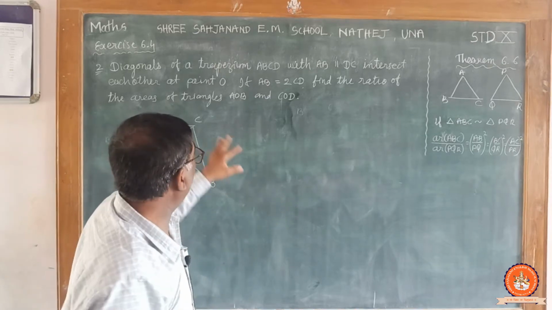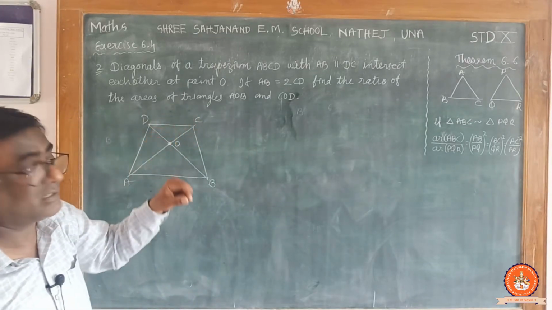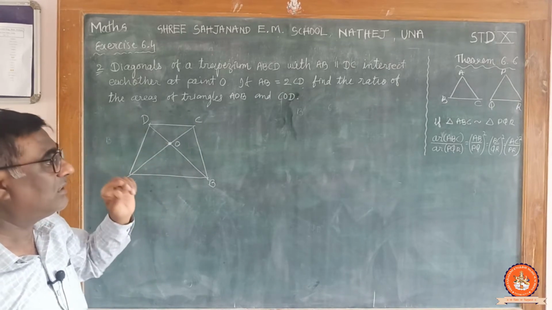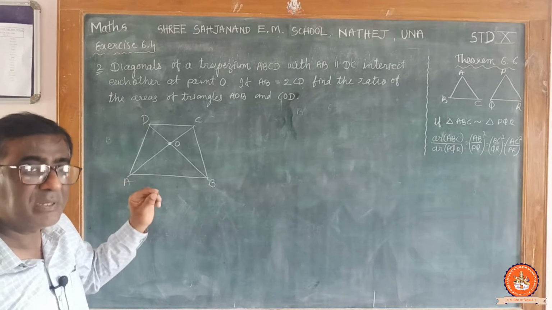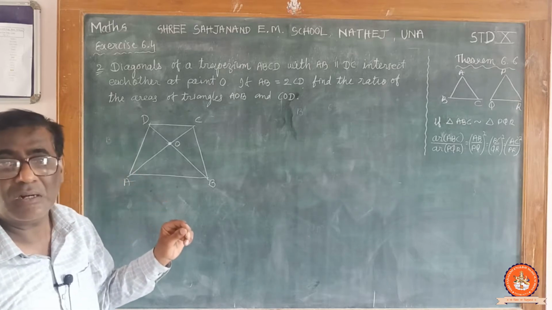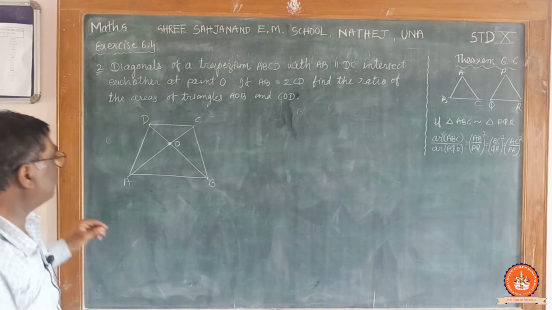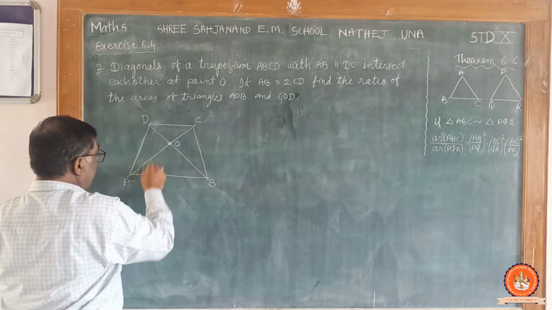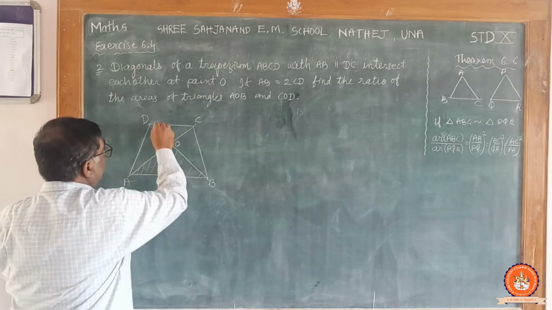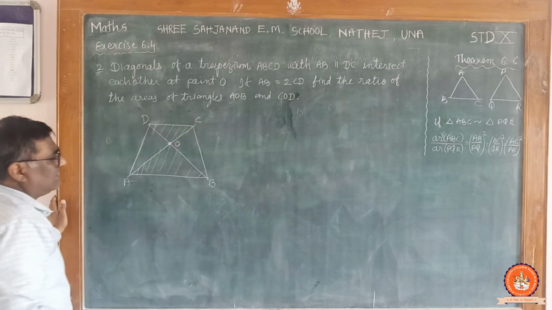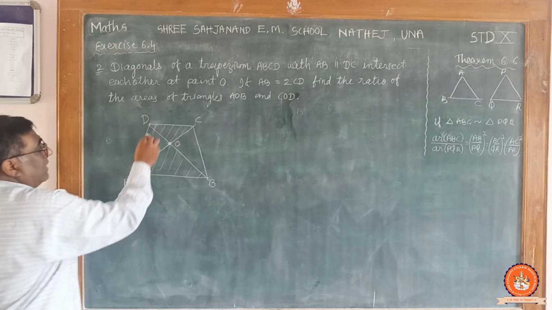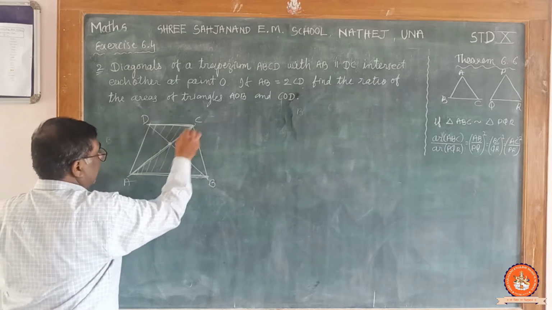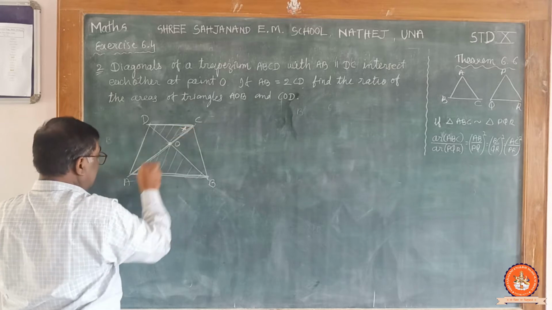Now my friend, if we want to find out the ratio of the areas of two triangles, it is obvious that it is connected with the theorem 6.6, and the ratio of which two triangles has been asked, they must be proven similar to each other. ये दोनों ट्रायंगल AOB और COD, ये दोनों ट्रायंगल सिमिलर प्रूव होने चाहिए. And it is obvious, my friend, that these two triangles can be proven similar. Look at it, it's a Z shape, so these angles are equal.